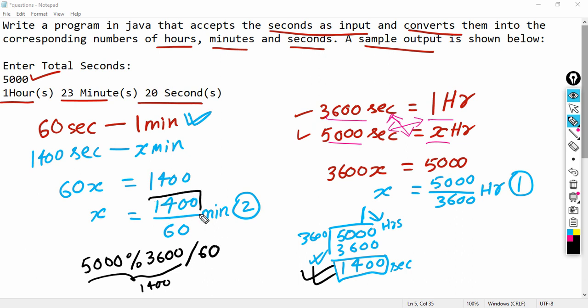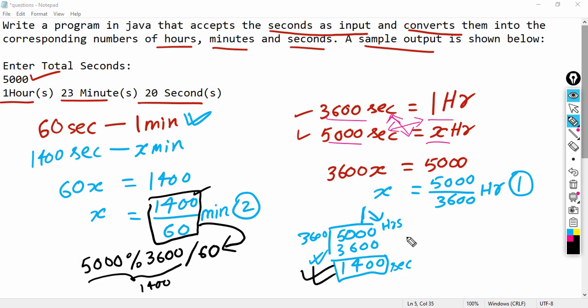So, I have just rewritten this in this form. What is this 1400? This 1400 is nothing but 5000 modulus 3600. So, the remainder will be 1400, and that 1400 I am dividing by 60.